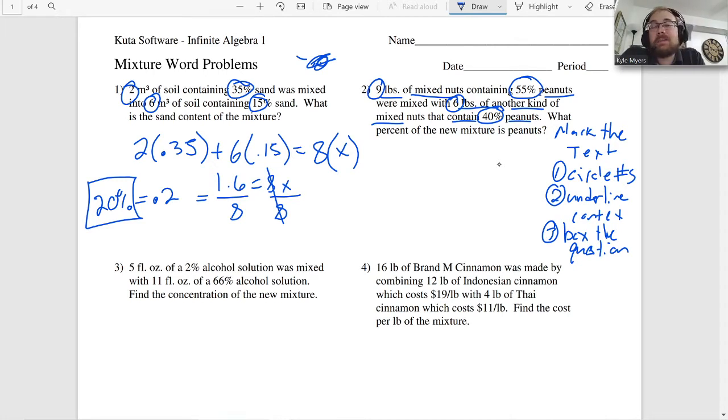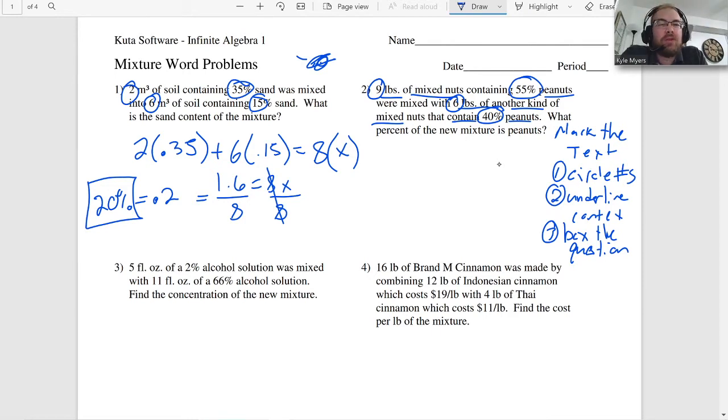It's like, hey, we've got some soil. There could be all kinds of things in this soil. Maybe there's some poop in there, because that's good for plants. So that could be in number one. But then number two, it's like, hey, mixed nuts. Could be talking some macadamias, or maybe some